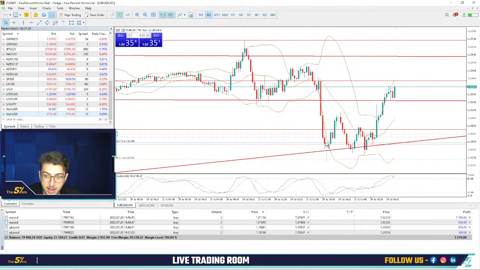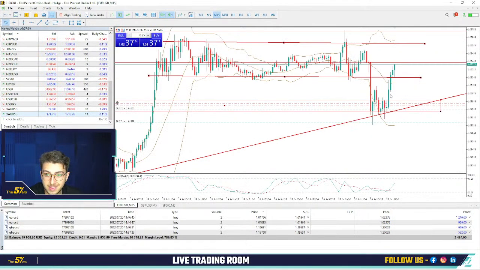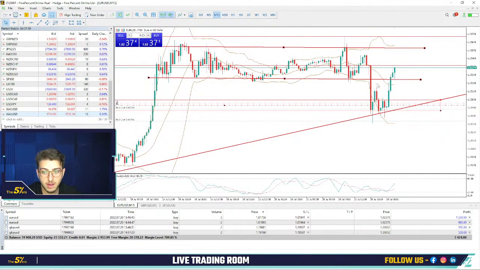Some traders will wait for this push and say, okay, the market already pushed enough, I will move my stop loss to break even. And you see the market get down, make 3 tests and then move above. So you should be very patient and wait for the good time and the good moment to move your stop loss to break even. And for me, this breakout here was the signal that the market will probably continue, and that's the moment I took my TP, and that's the moment I also moved my stop